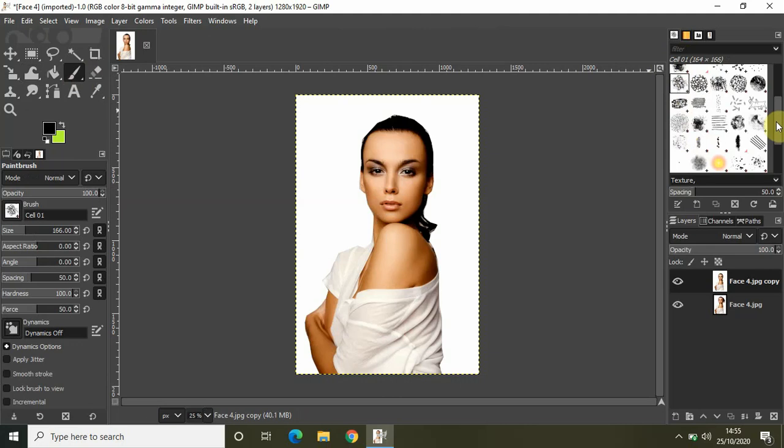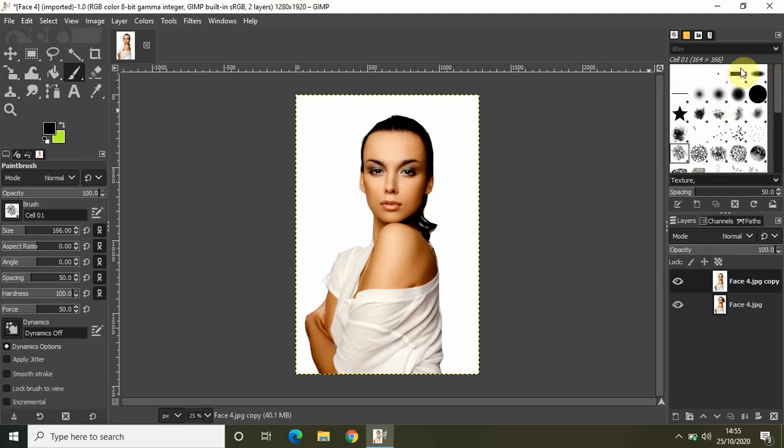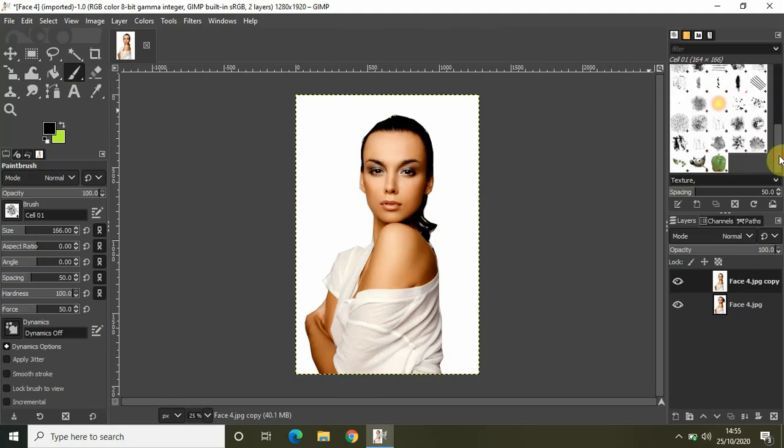You will find different options. All these are different kinds of brushes. The brush which we need is this one, Splats 02, 213 by 193. As you can see, it is also mentioned right here, Splats 02.